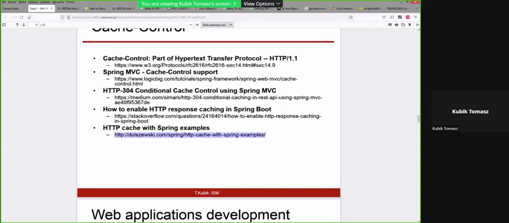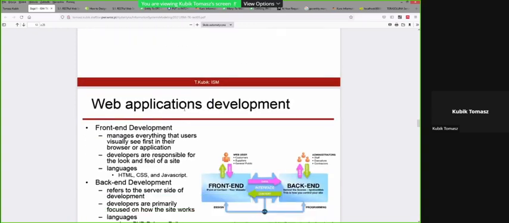However, to give you some hints, I delivered here the links to the tutorials with which you can familiarize yourself with the concept of caches. If you want to have a very efficient application, if you want to deliver responses fast, the cache is one of the paths you should follow. Okay, so